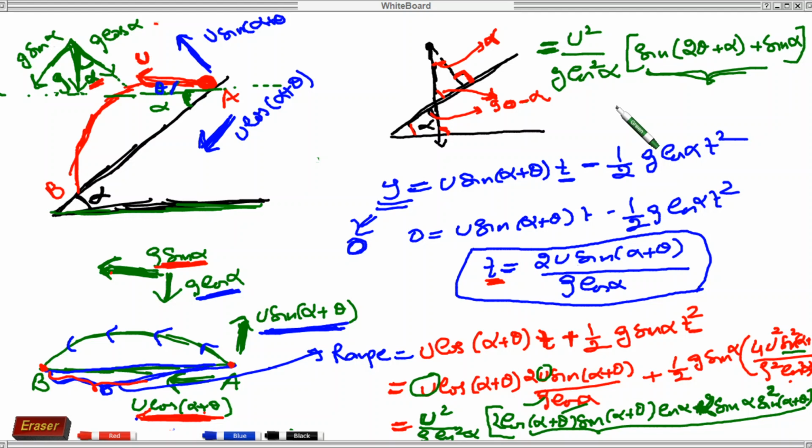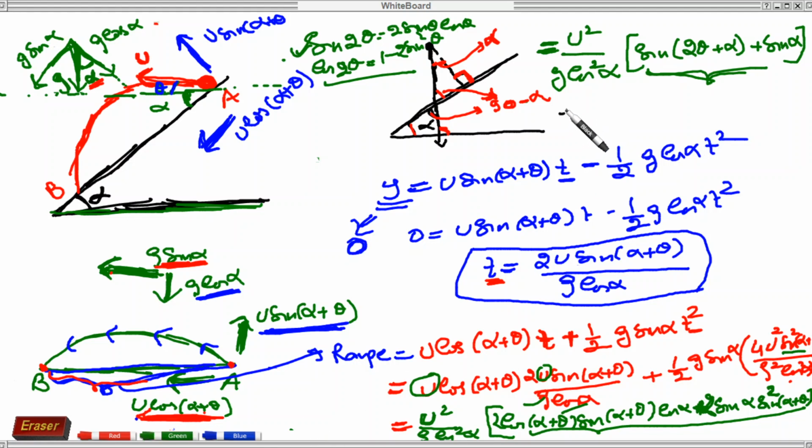Those two will be used there only. Sine 2 theta is equal to 2 sine theta cos theta will be used. And what was the next one? That was cos of 2 theta is equal to 1 minus 2 sine square theta will be used. This one will also be used here. And there is another formula, that's a new one. Remember this one. I will write it on the board. That is sine a minus b. There what I used was sine a plus b, but here sine a minus b is used.